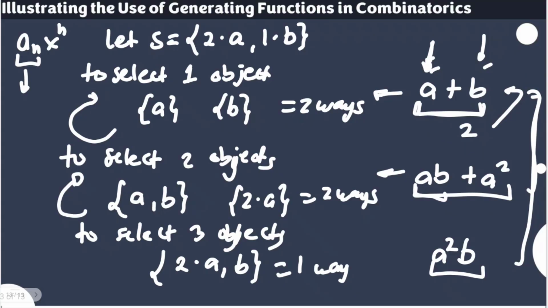Again, this is 2 because we have 2 objects of 1 property. We have here two objects of two properties, but since these are the same, we can just consider that two properties, two objects rather. And we have here one selection of three properties. So this is for the multi-set.